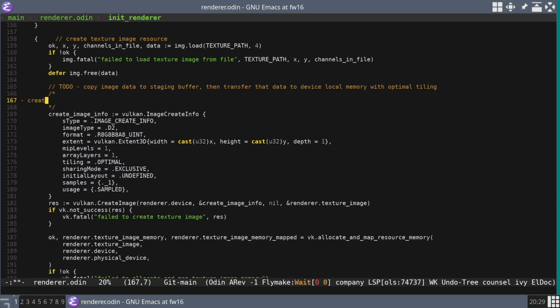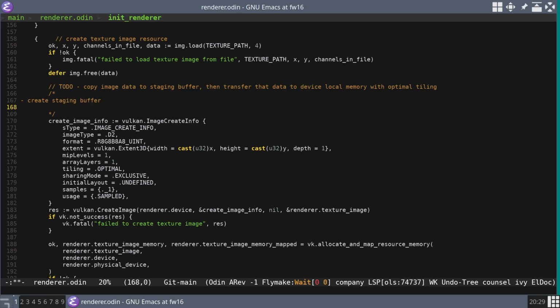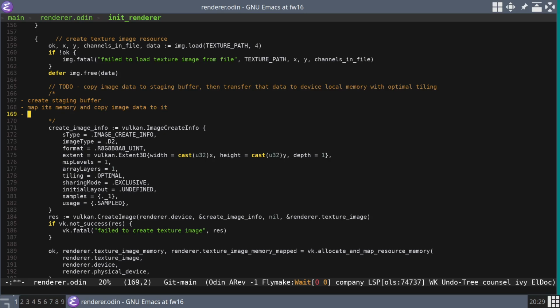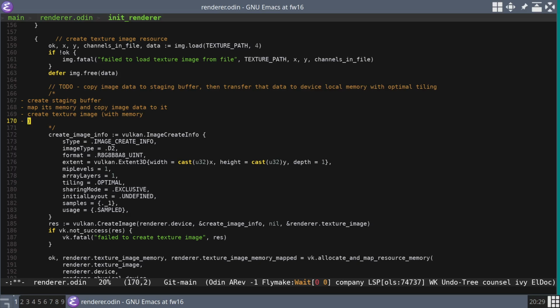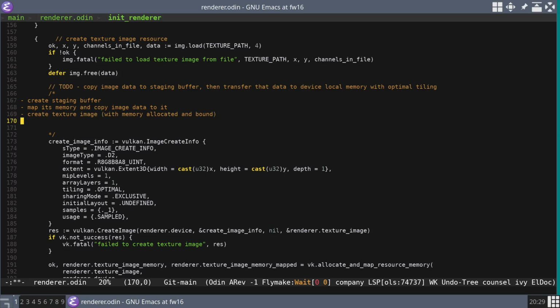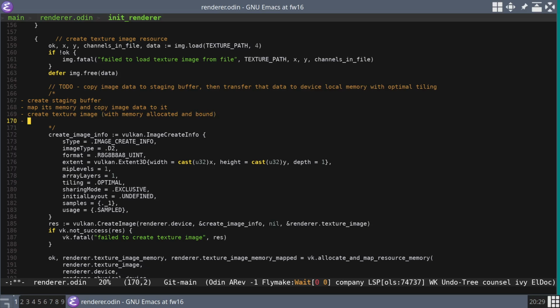I just said all of that, so we're going to need to create a staging buffer. We're going to need to map its memory, copy image data to it. Then we're going to need to create a texture image with memory, allocated and bound. Then,